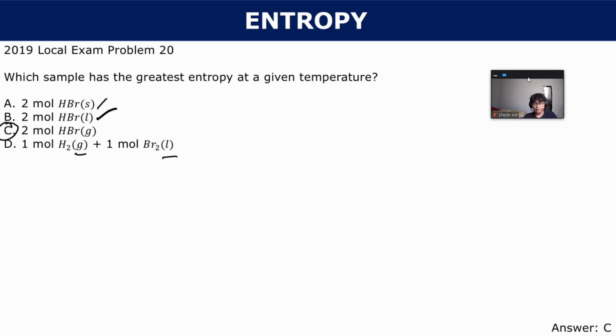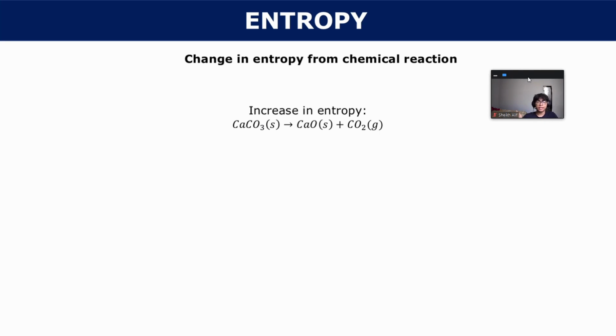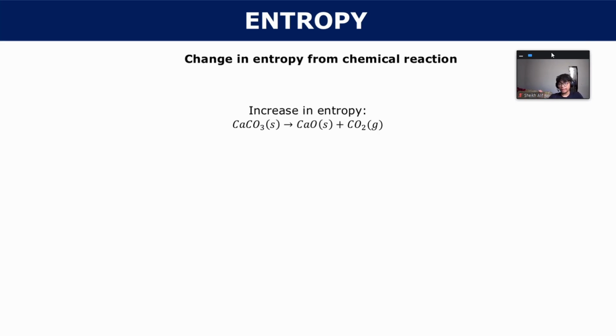And that is correct. And as it turns out, you can use these fundamentals to determine whether or not a reaction is going to have an increase in entropy or a decrease in entropy. So for example, in an increase in entropy, you can go from a solid to not only 2 particles, which increases the entropy, but one of those molecules turns a solid to a gas, right? So you go from having 1 particle on this side to 2 particles. That's an increase in entropy.